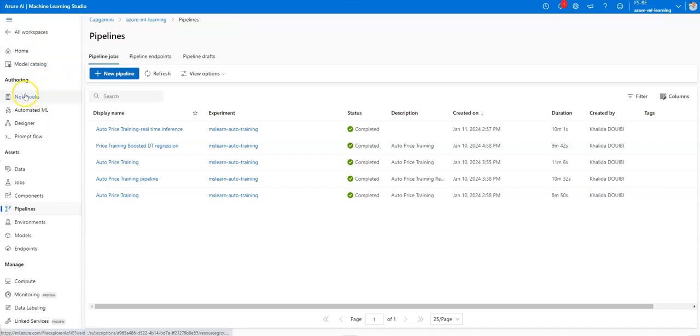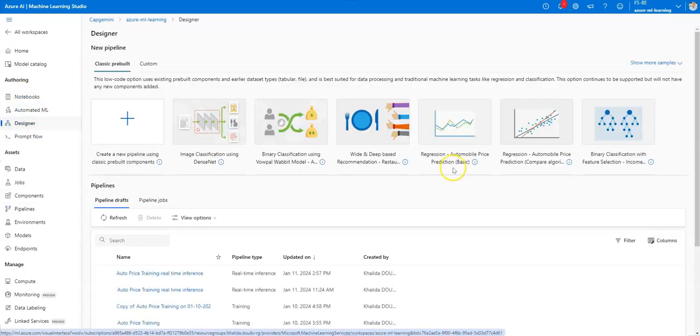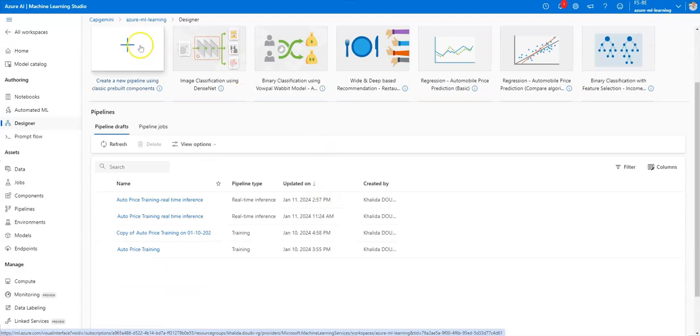I forgot also the notebook point because it's very important, because with the designer we can see here that you can create a new pipeline. There are some already existing pipelines, for example, for classification, for regression, for clustering, etc., for computer vision as well. But you can create also your pipeline. So here you can see, for example,